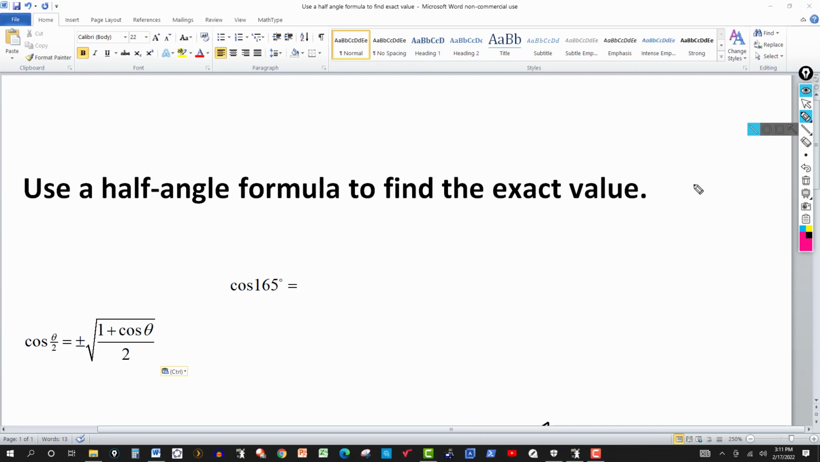Well, 165, as we saw, is in quadrant 2, and in quadrant 2, the x value is negative. So we know this is going to be a minus. Had it been in quadrant 1 or quadrant 4, the x value would be positive, and this would be positive. So it's going to be plus or minus depending on what quadrant it's in. So then, according to the formula, this should be the square root of 1 plus the cosine